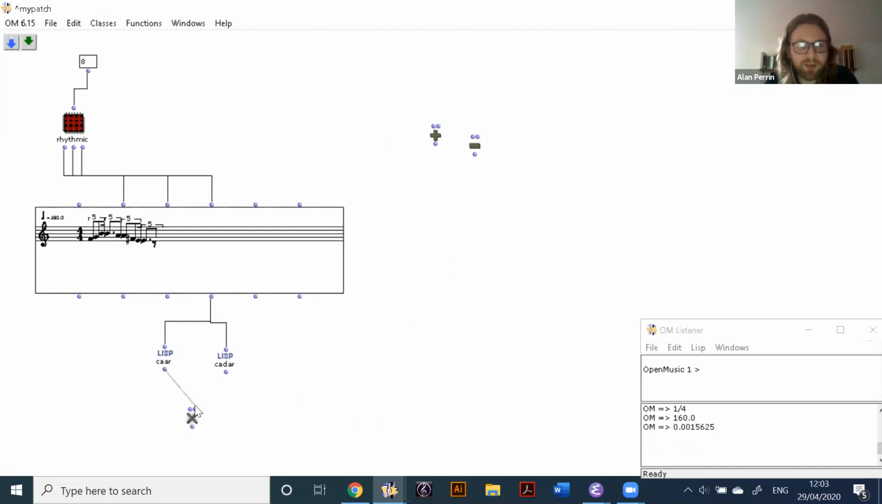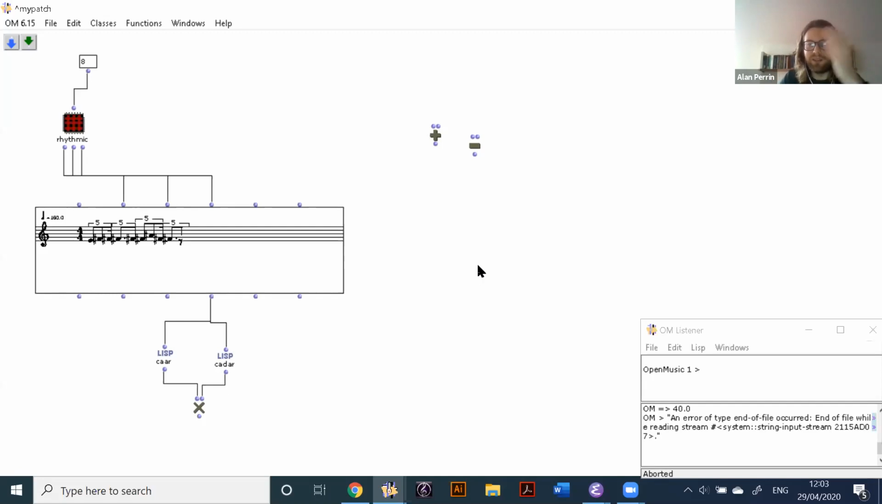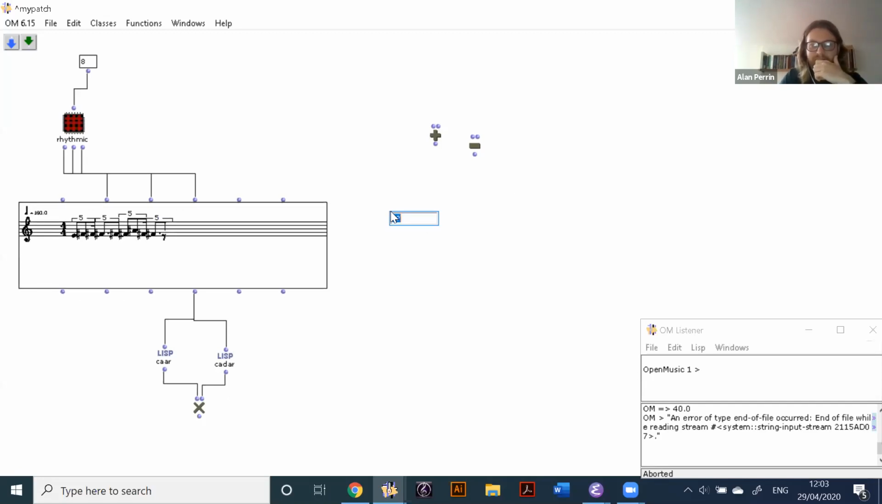If we multiply them, we get 40, which would be the whole note value of our phrase. So if a quarter is equal to 160, then 1 is equal to 40. Does that make sense? Do you follow my, let's see,